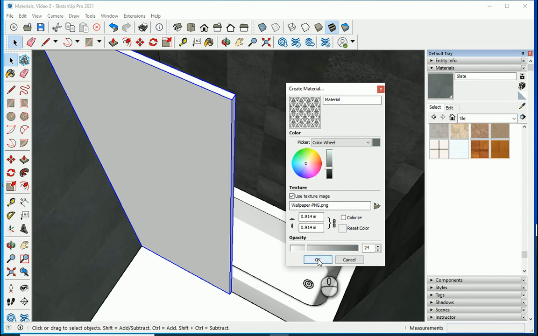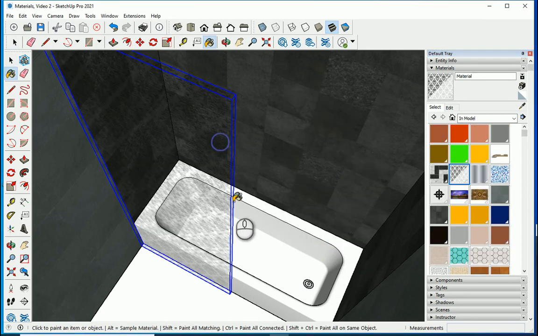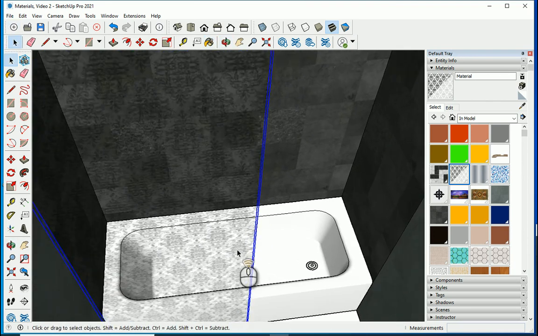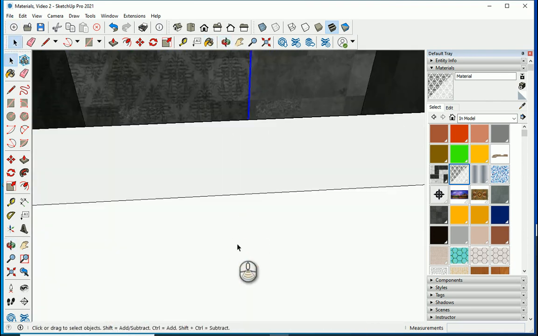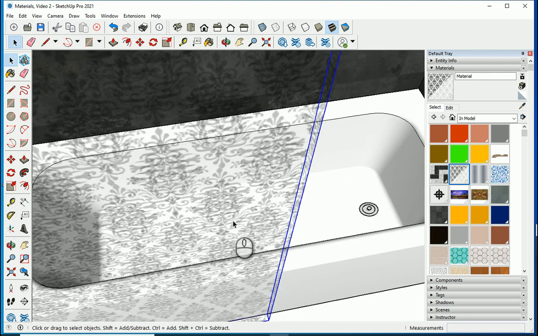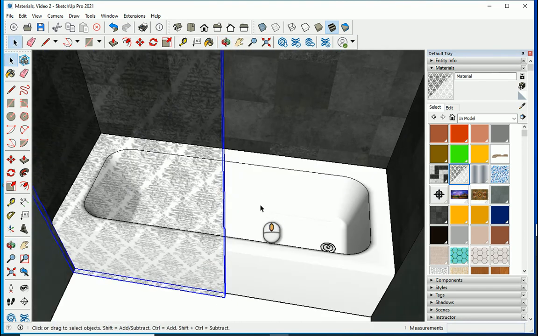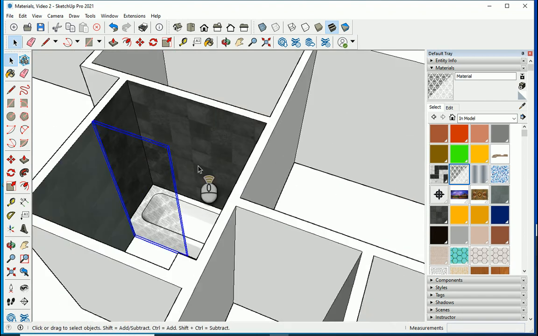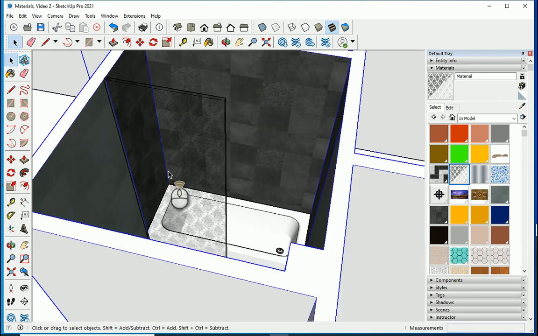And I'll say okay. If I assign this to this, now you see we have the pattern kind of engraved on the glass, and it all looks good. Feel free, I'll go with Shift and Z. Okay, feel free to change the